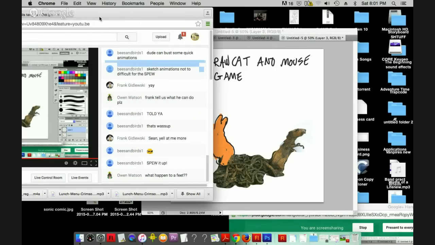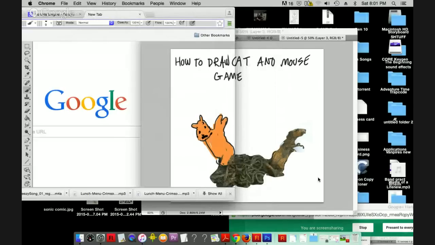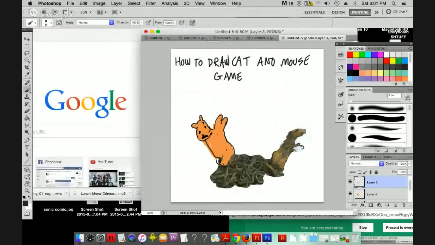I don't really know how to draw a dog. Oh wait, no, I did another tutorial on how to draw a dog. So what we're gonna do to draw a dog is, you draw